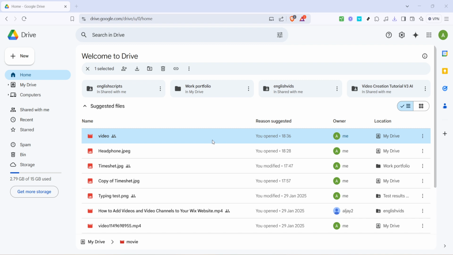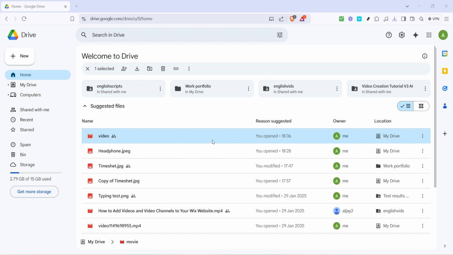First, you'll want to start by accessing Google Drive. Open your web browser and type in the URL to navigate to the Google Drive homepage. Once you're on the Google Drive home screen, ensure that you're logged into your account. If you're not already logged in, simply enter your Google credentials. Once you are logged in, you'll see the familiar layout of Google Drive where all your folders and files are displayed. Next, let's get you to find those movie files.